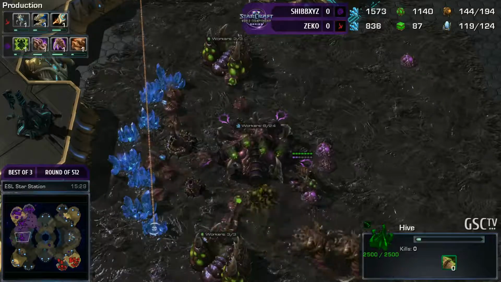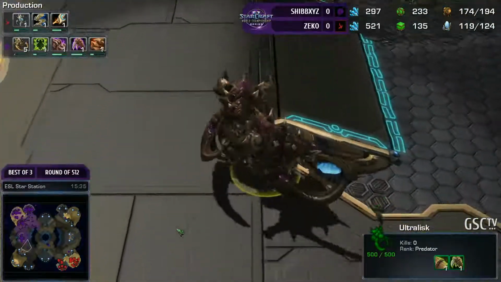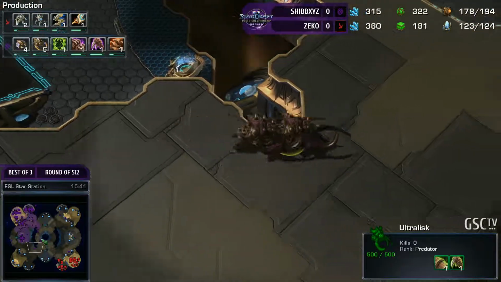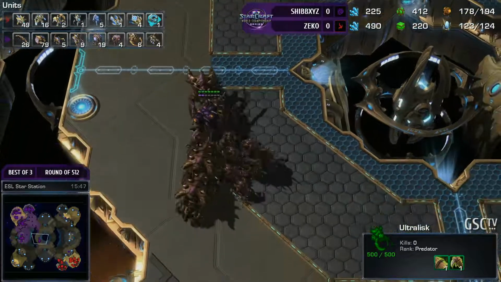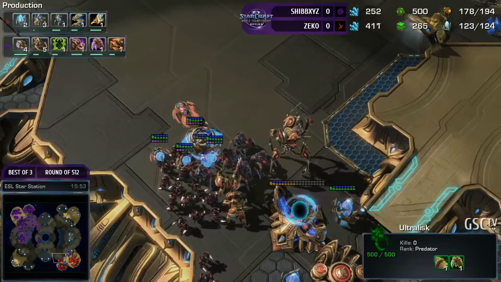We've got Enduring Locust coming down as well for Shibby, so that means that he's got the option to go into some Swarm Host play. Really, he's contained his opponent, denied the 3rd base while expanding himself. He's got a great economy, better upgrades, better tech. In every major aspect of the game, Shibby is ahead at the moment,